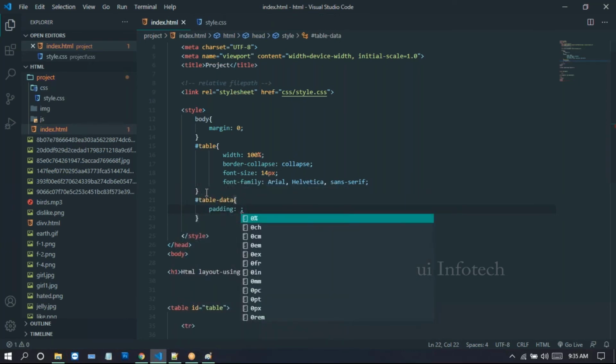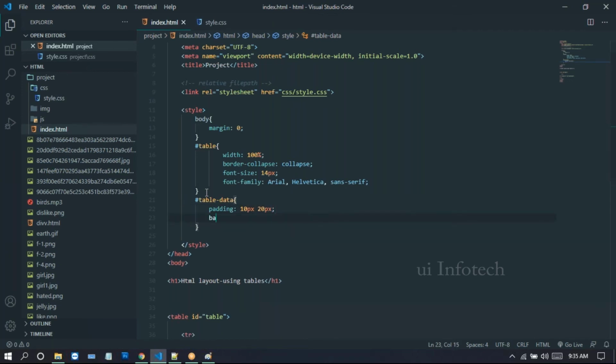I'm taking this padding as 10 pixels and 20 pixels. With two values, the first value, 10 pixels, represents the top and bottom, and the next value, 20 pixels, represents left and right.